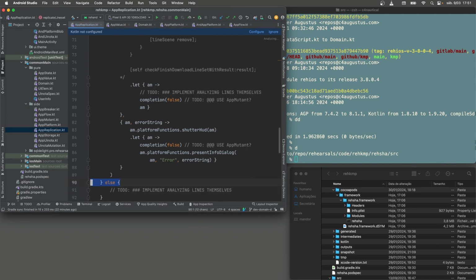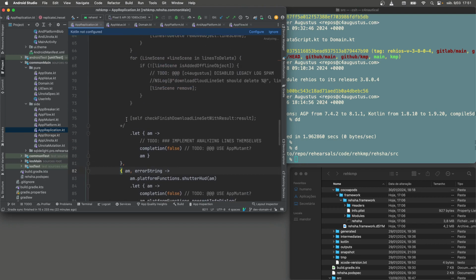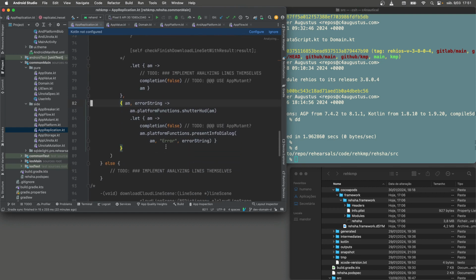Oh, actually, let's copy both of these. Oh, wait a minute. Something's not right here. Yeah, implement analyzing lines. Oh, okay. This is where I'm confused. Oh, this has to happen in both cases. Classic. Yeah, this is a classic sort of